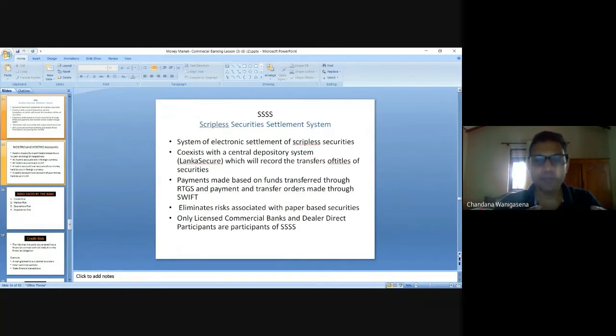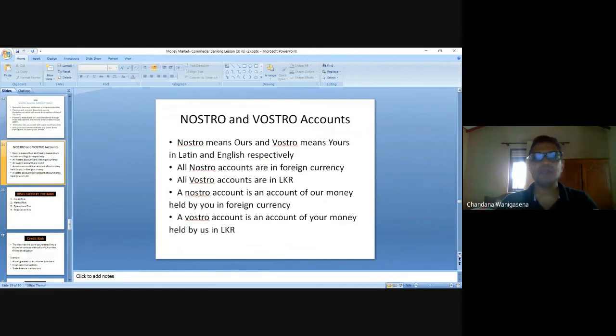So it is very much similar to treasury FDs, but these securities are not handled on a paper basis; they are online on the web, with password security and a network. In this, the owners, the commercial banks and investors, can log in and see whether their investment has been electronically deposited or not. If not, they can communicate and get things right. So that is the scriptless security system. Then the final thing for today.